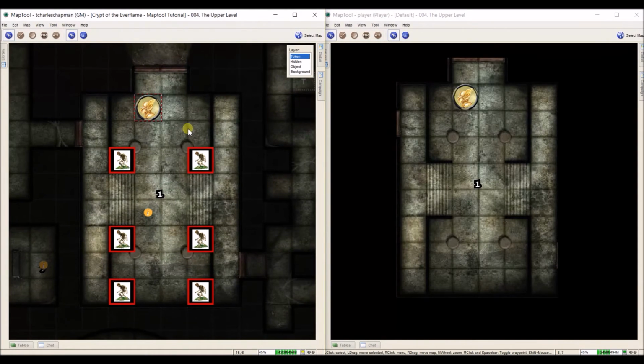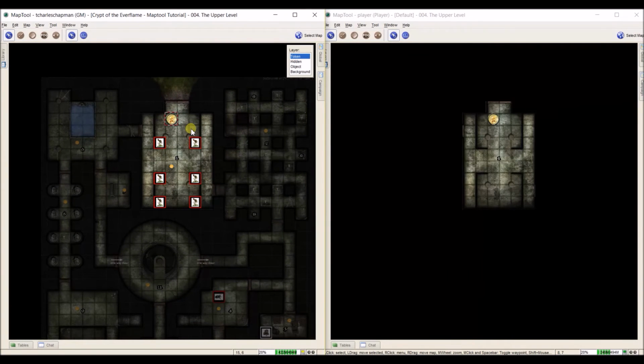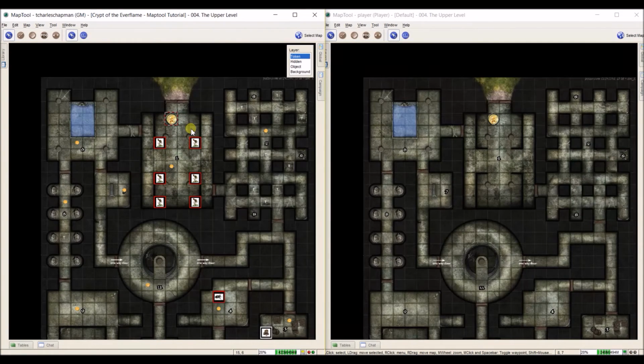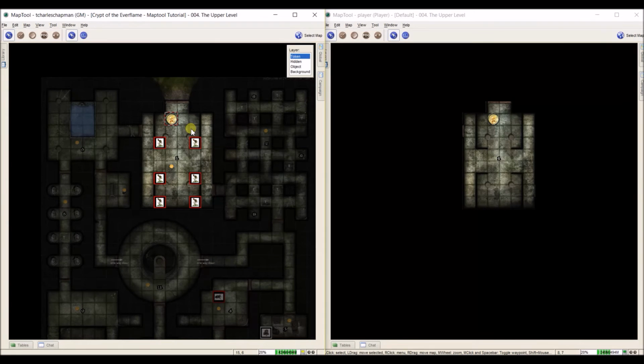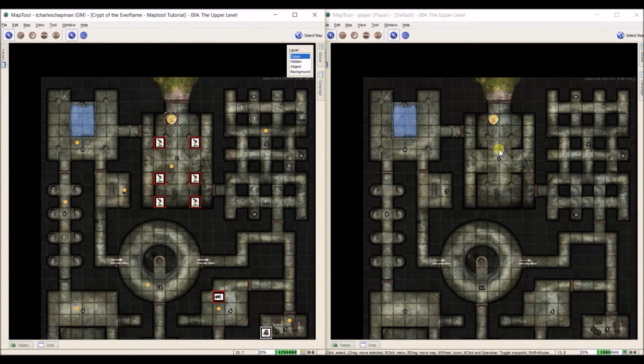A review from last video, remember that Ctrl W turns on and off Fog of War, but it leaves what has been discovered, if you notice. So room 1 has already been found by the PC, so when it's turned on or off, that doesn't reset that. The other helpful thing I find, depending on what you need it for,